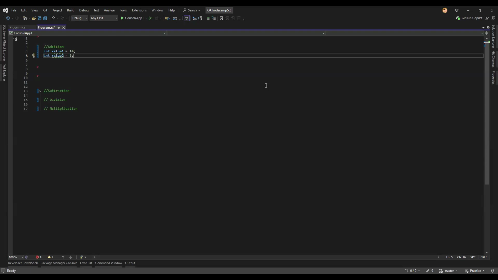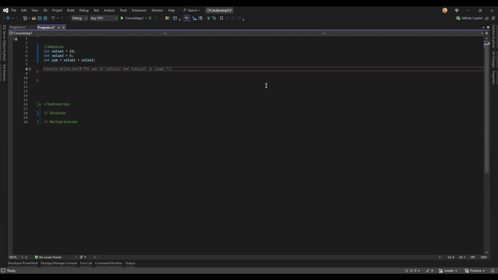Okay. All right. So we have int sum equals value1 plus value2. And to test the result of this, to see the output of sum, what shall we use? We want to output the result. What line of code am I going to write? Console, the right line. All right, fine. Thank you. So I have Console.WriteLine,